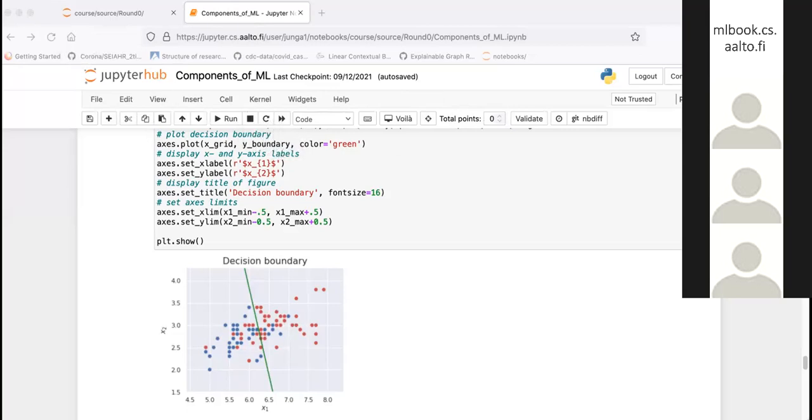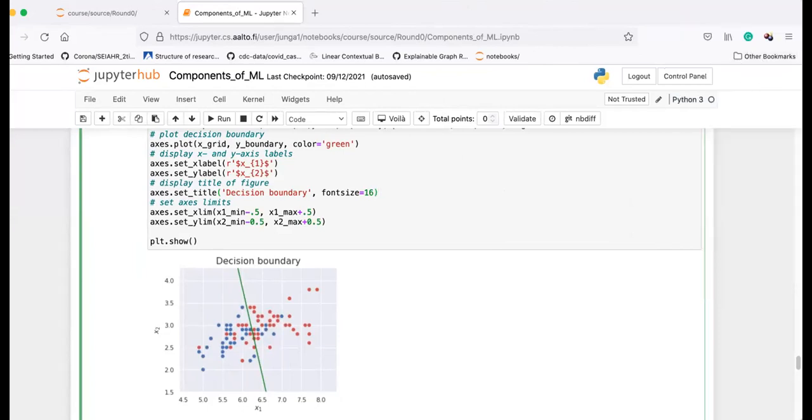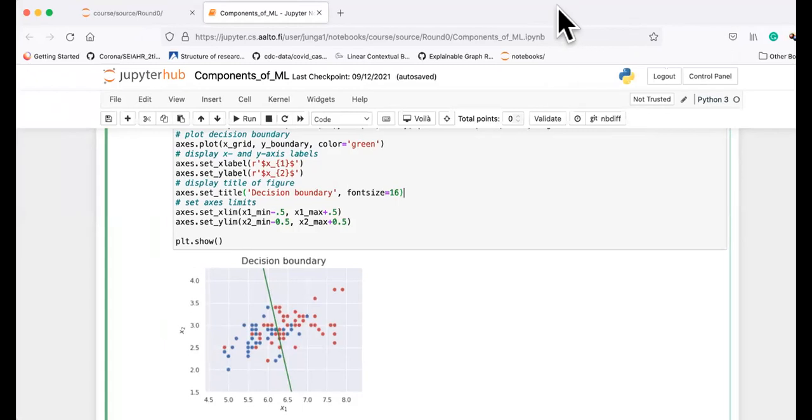What is most relevant for you in these rounds might be the notebooks. So we have Python notebooks that include coding assignments, and you have to complete small chunks of code to achieve some functionality that we ask you to ensure with this code. So let me just walk through some of these notebooks as an example.